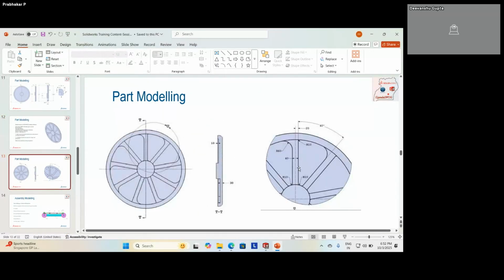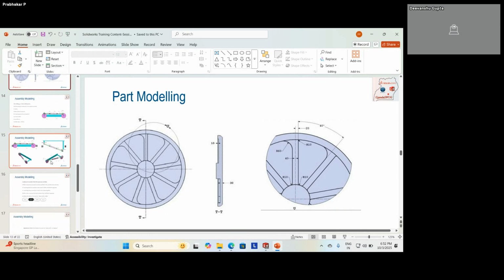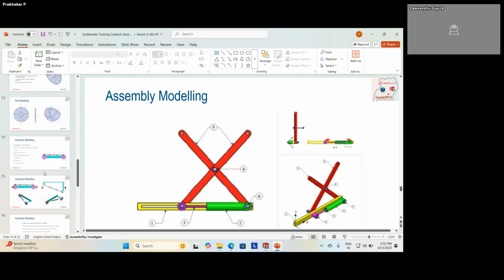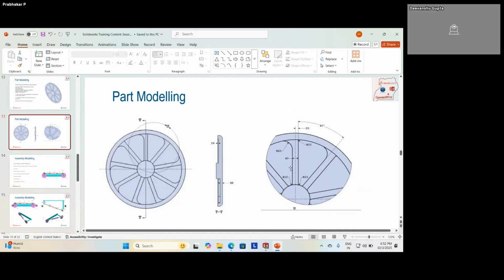You have to create this sketch. Okay, you have to create this sketch. If you want, I can quickly do it and show you also. So, okay, still time is there. Anyway, I'll do it and show you, because anyway, we have only 2 assemblies. I think I can do it quickly. No problem. I will show you this one also.